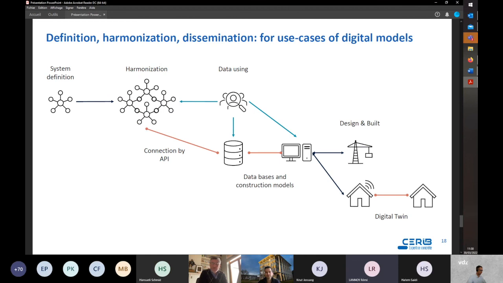So the existence of data dictionaries is essential today if we wish to unite construction stakeholders and users around digital models.